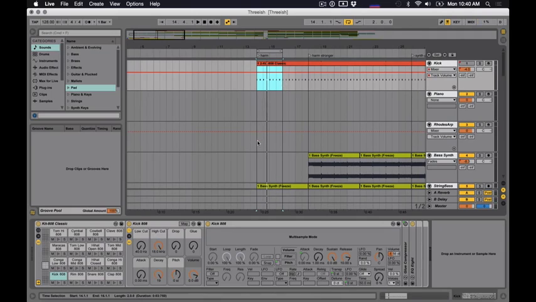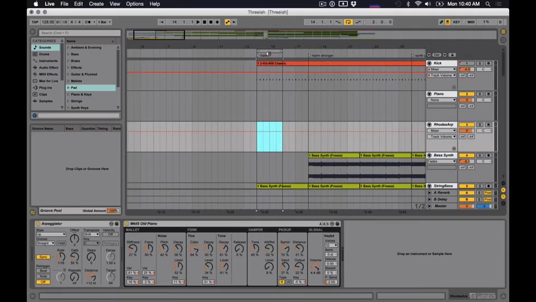And it doesn't even matter what track, right? Because the loop brace loops everything that's horizontally in that line. So super handy little trick for getting around. So that is locators, looping, loop brace,